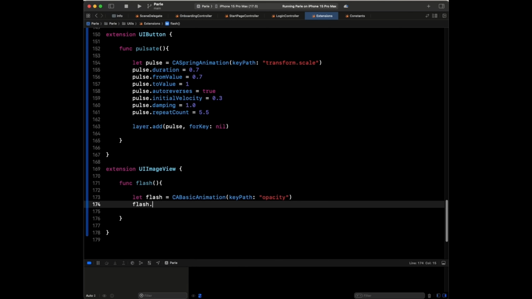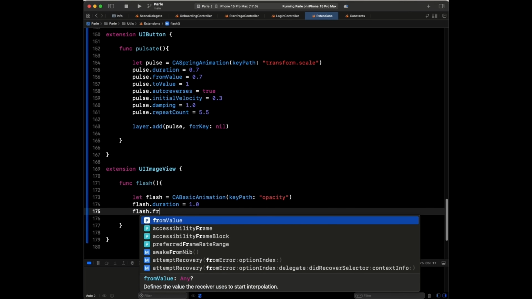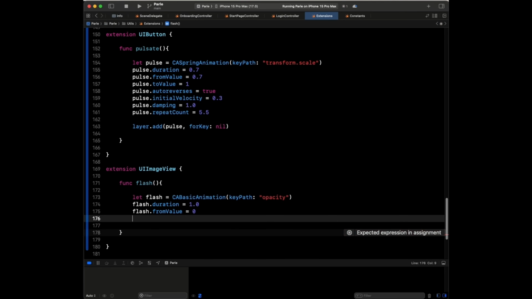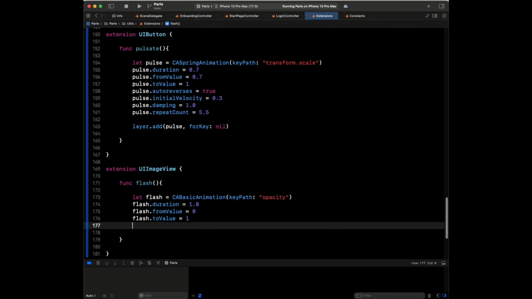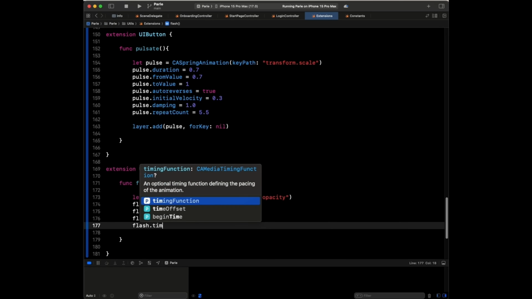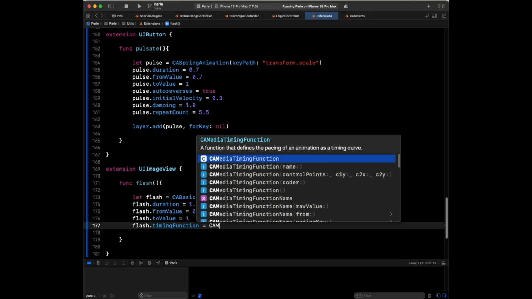Flash, and then we say the duration. The duration we want it to go for is going to be 1.0, and we want flash from value. So this is going to be the opacity. From value is going to be 0, like so. Then we say flash dot to value, right? To value, this is going to be the end value, so go from 0 to 1, and have a timing function. So you say flash dot timing function like so, and this is going to be CA media timing function,